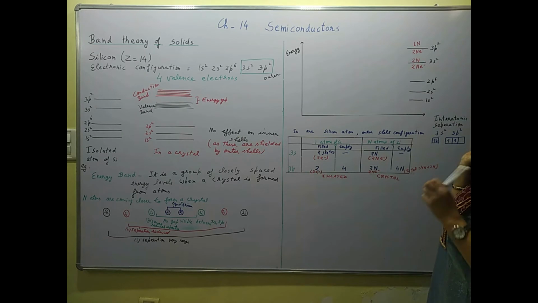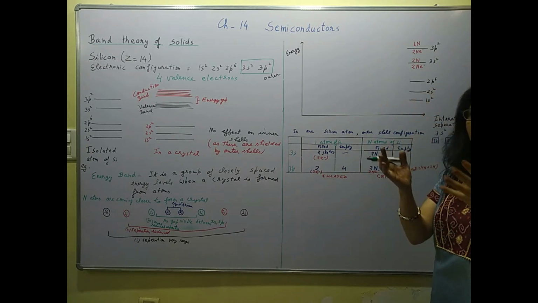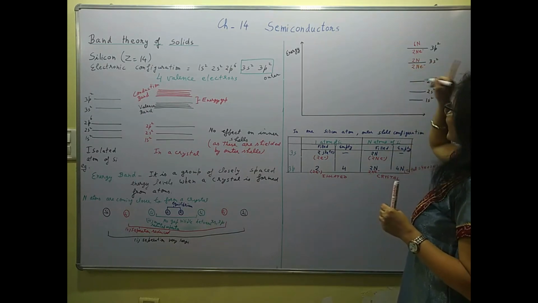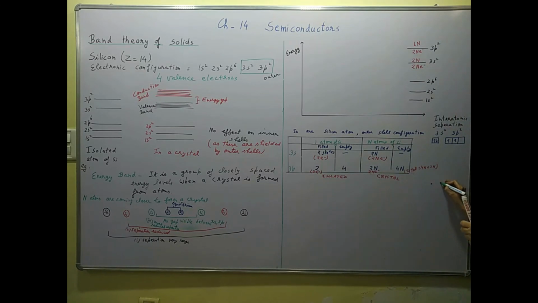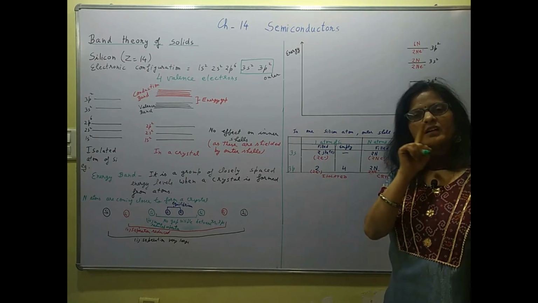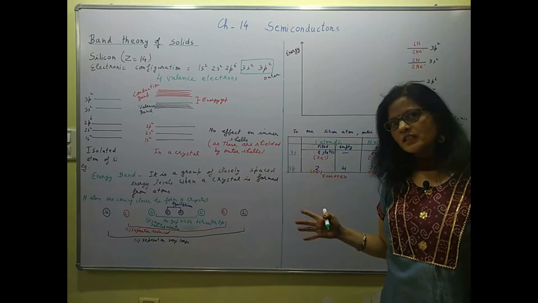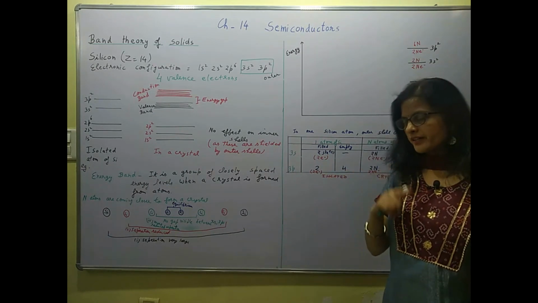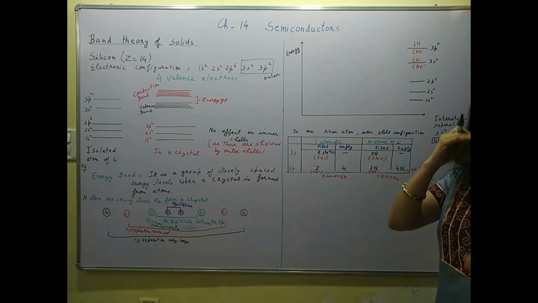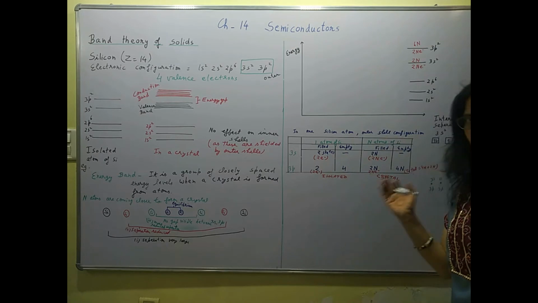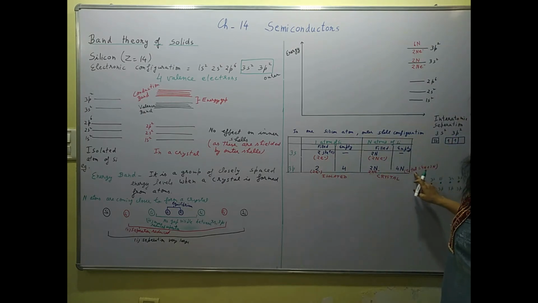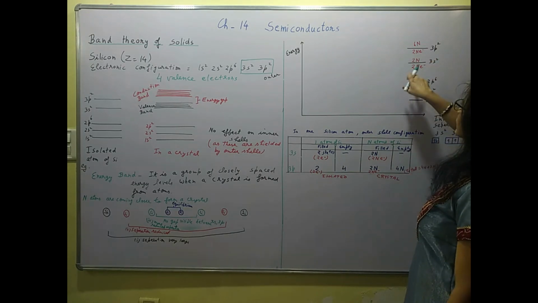Now when these are coming closer, what is happening is that, due to the overlapping of the outer shells as I had just shown, if we have n atoms coming closer, then each will have 3s, 3s, 3s interactions, and each will have 3p, 3p, 3p interactions. So there will be interaction. Each electron has a specific value of energy due to its specific interaction with the other electrons of the other atoms which are coming closer to form a crystal. So that's why each of these will divide into how many? 2n